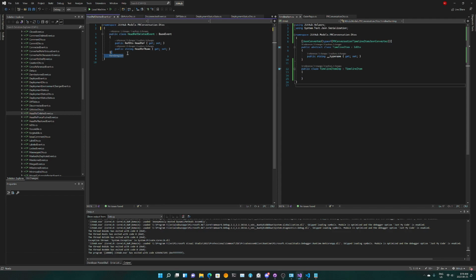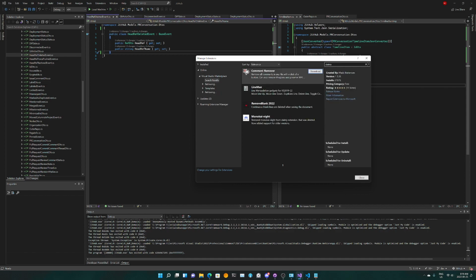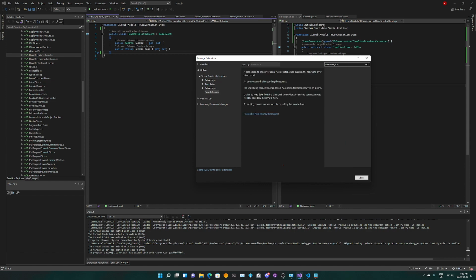Okay, just how many files are there? I'm getting kind of tired. Oh my god. Still a lot more. Do I have like an extension that does this for me? Delete region. Nope. Seriously?